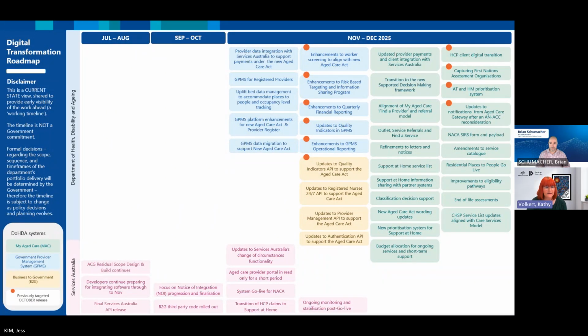And then the final element there is the last one in that final column for us is once we go live on the 1st of November, we will have a hypercare period where we will work very closely with health on managing, basically once you go live, managing all the issues in a bit of a joint, everyone's in the room together type of scenario to ensure we're working through any issues quickly and responding promptly to any of those. So that will be a period that will go for a 3-month to start off with, and then we'll assess the need post that. I think I've covered everything that I needed to cover.